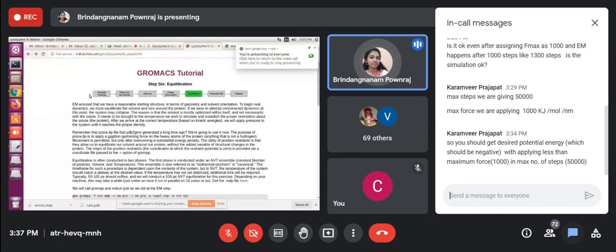So first we are converting our PDB to gro format, and then we are defining the box and solvating it, and then we are adding ions, then we are doing energy minimization. Now we are performing equilibration phase 1 and phase 2, then finally MD production, then analysis.